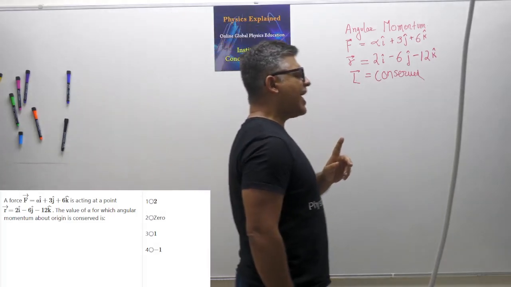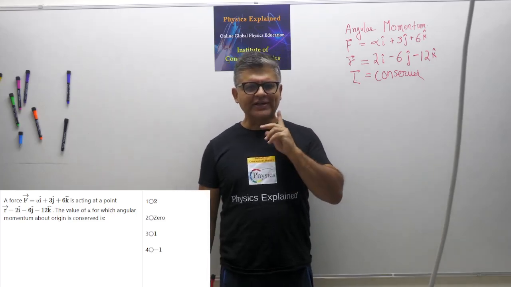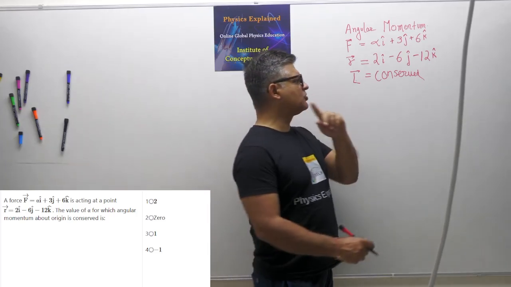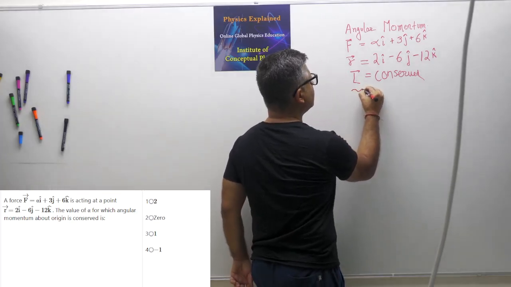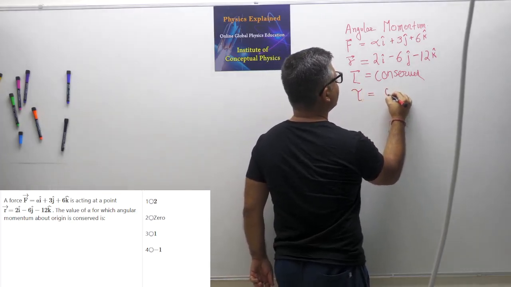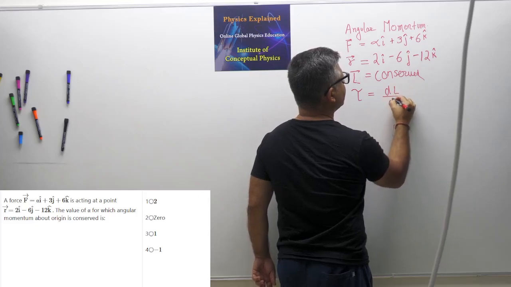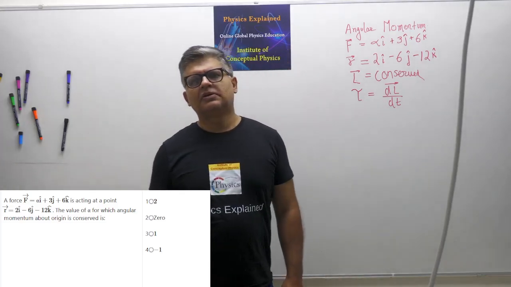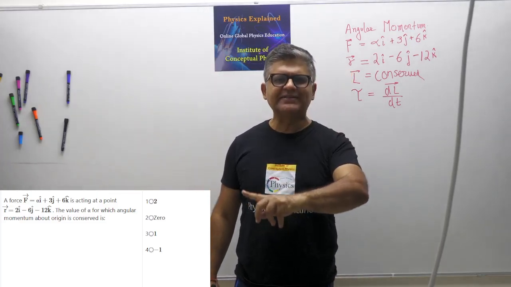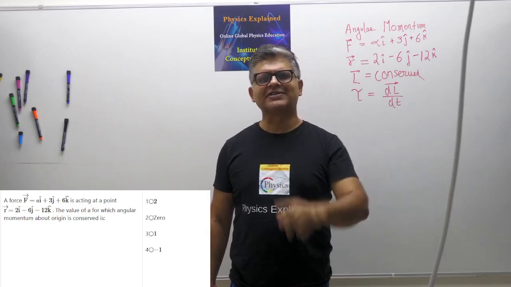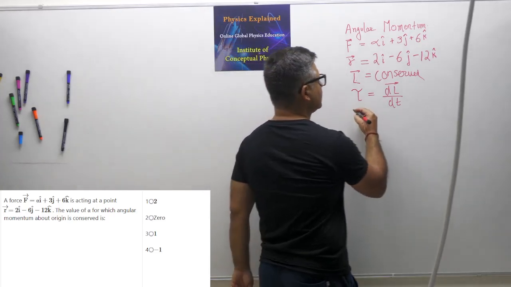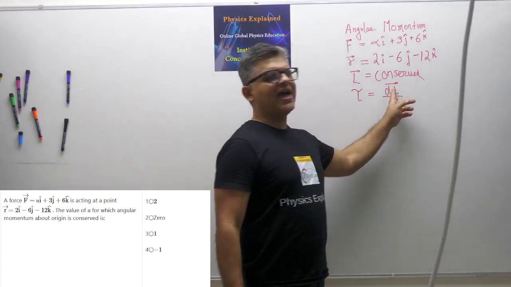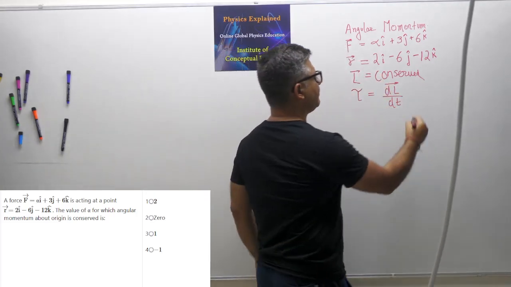L is not conserved when you have torque, right? Torque is given by dL by dt. So angular momentum is not conserved when torque is applied. So if I put the rate of change of angular momentum to be 0,